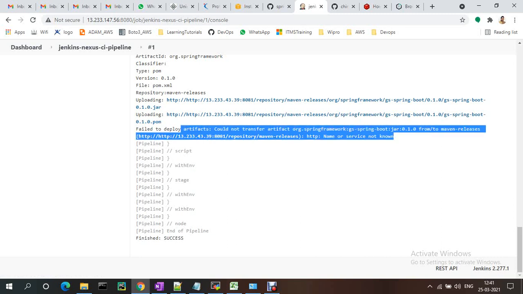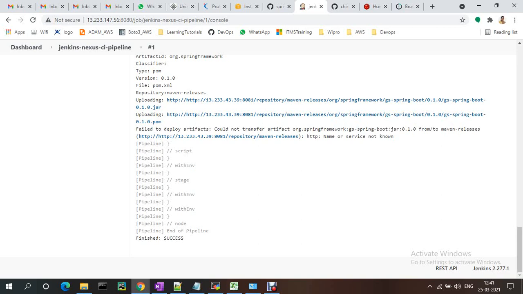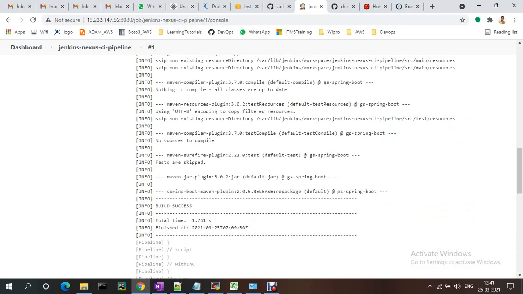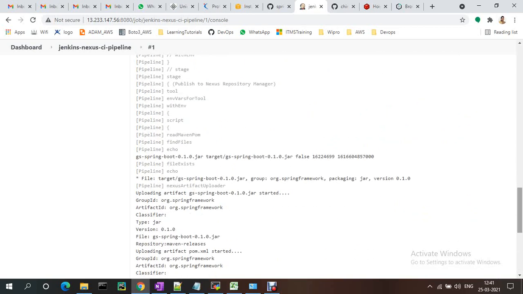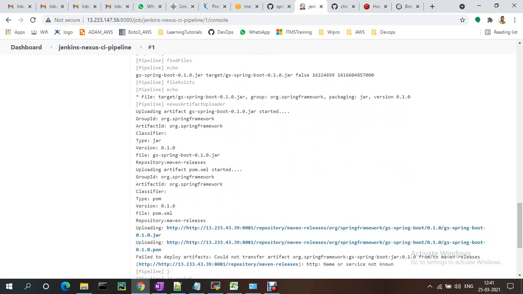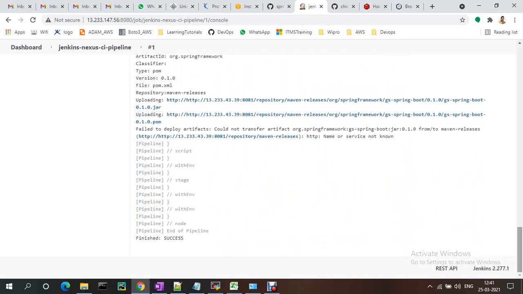Could not transfer artifact as Spring Boot 001. This one. Service name. And let me fix this offline and I'll show you that one. Why it is not updated.